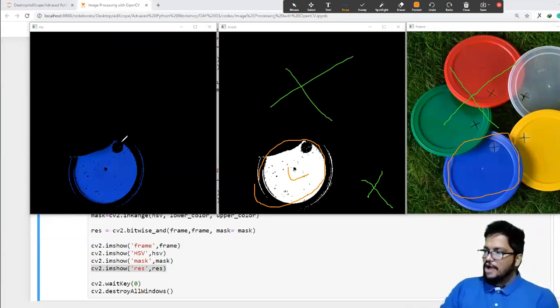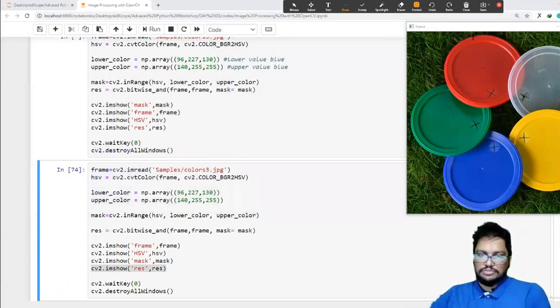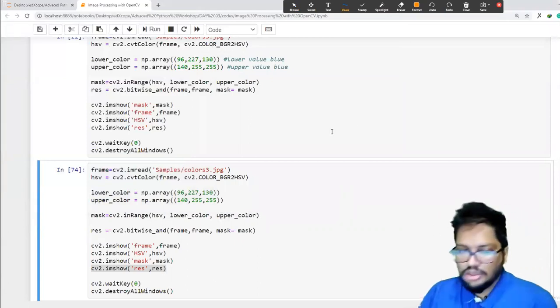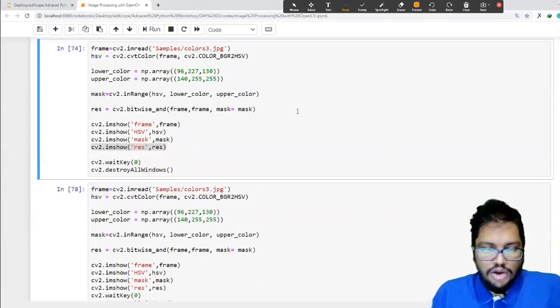So can you see now we have performed color segmentation, right? Or else we can say we have simply detected an object using color segmentation. Got it? Understood, right? Okay. So now,